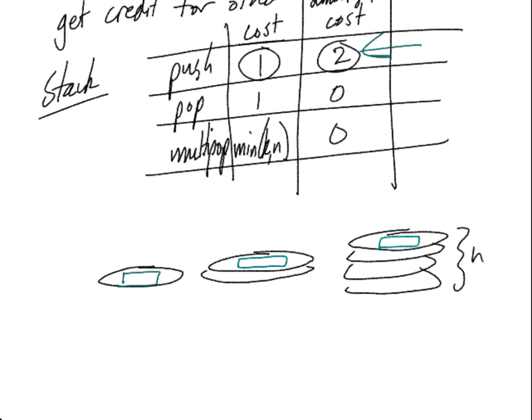dollars stored up. Then, when I do a pop, instead of using the cost of the pop, we're going to use that dollar to pay for the pop. And since multi-pops just use pop under the hood, we get to use those dollars. And so, we can say that pop and multi-pop are free because we've saved up money to pay for it. Okay, so if we